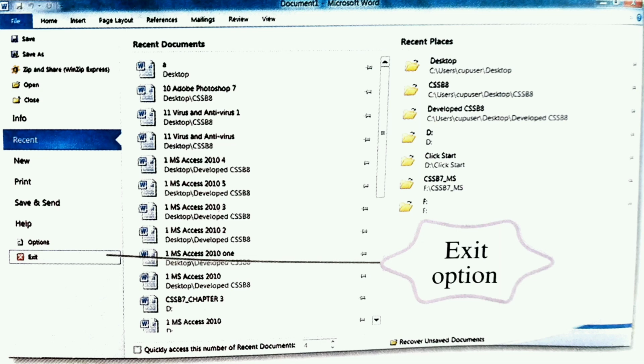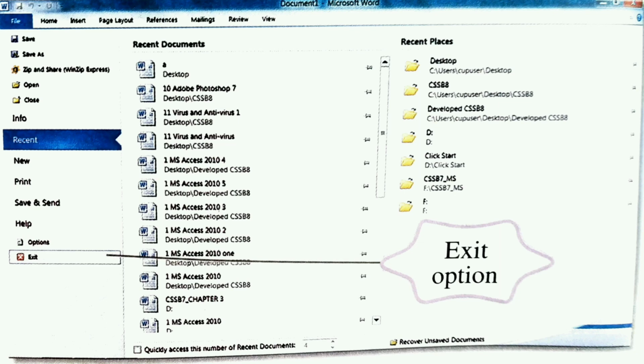Now there is one more way through which you can close your document. What is it? You can click on the File tab from the ribbon and then you can click on the Exit option. When you click on the File tab, a list will open in front of you, which is called a drop down list. If you choose the Exit option from it, you can close your file by clicking on Exit as well. And here also, if you have not saved your document, a dialog box will appear where they will ask you that your file is not saved. Do you want to save your file or not? So if you want to save, you can click on the Save button.